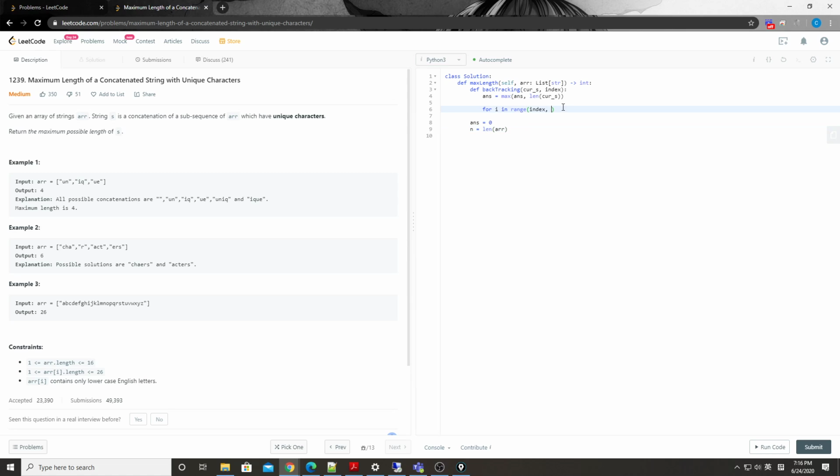So here, for this current backtracking, from this index we try all the possibilities. Basically we try all the possible elements starting from this index. And